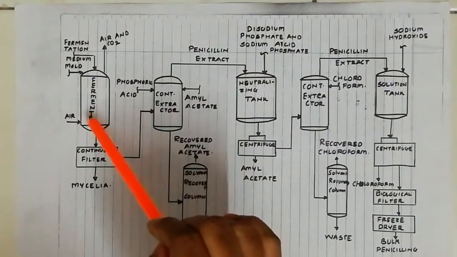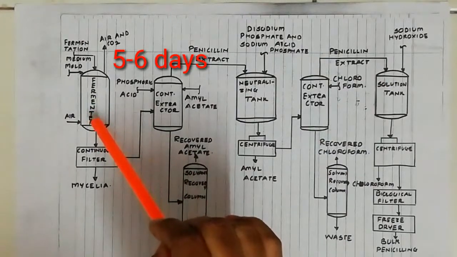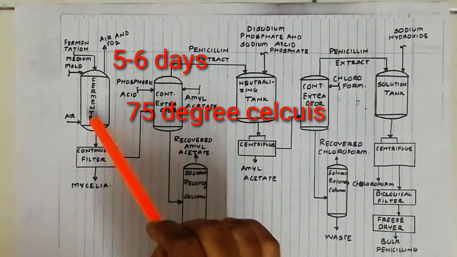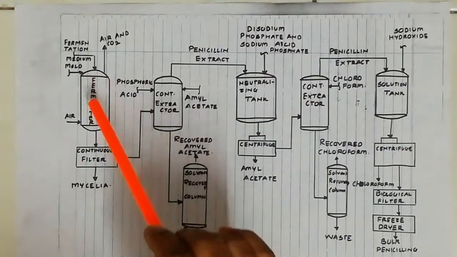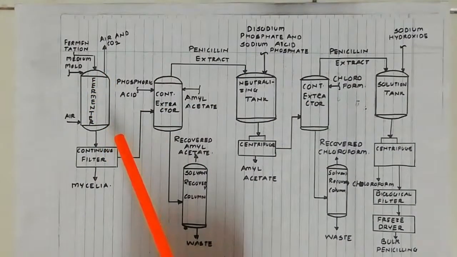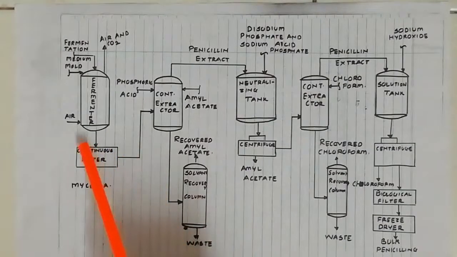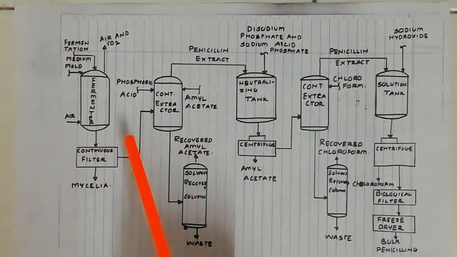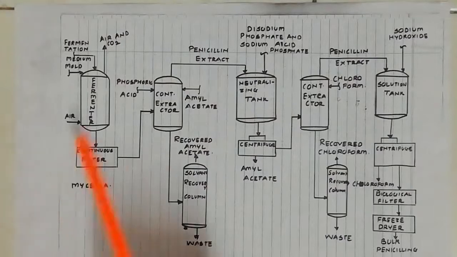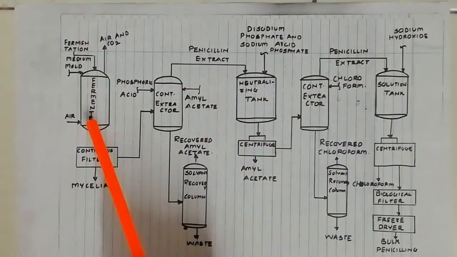So the fermentation media and the mold are added in the fermenter. It is kept inside the fermenter for 5 to 6 days and the temperature maintained inside it is 75 degrees centigrade. After those 5-6 days, 1 to 3 gallons per liter of penicillin and mycelia is extracted. What is mycelia? Mycelia is nothing but the vegetative part of the fungus which has been extracted. The temperature is high, that is 75 degrees centigrade, so it passes through the heat exchanger and is cooled down to around 28 degrees Fahrenheit.